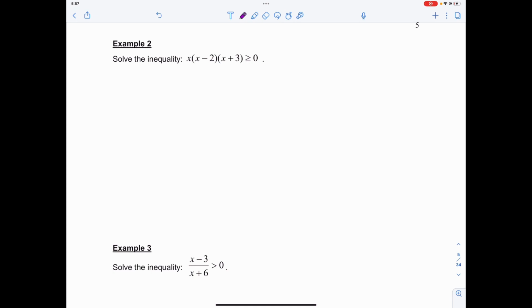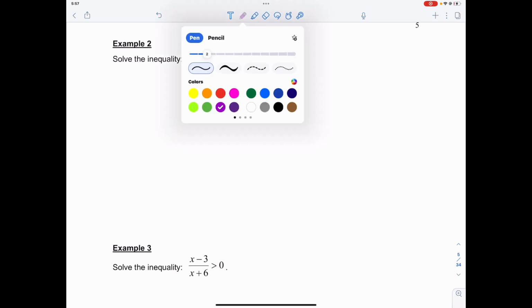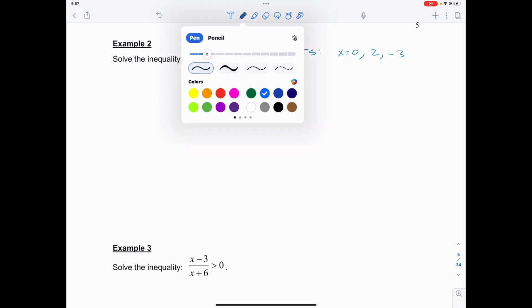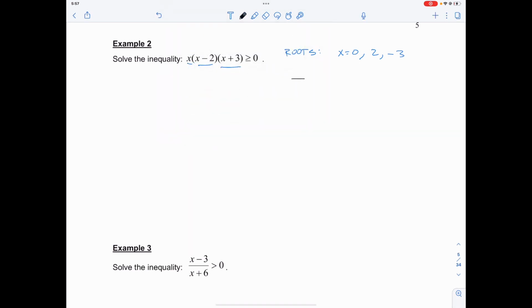So when it says solve the inequality (x minus 2)(x plus 3) is greater than or equal to 0, the first thing is I'm going to take each of those factors, x minus 2 and x plus 3, and solve for the roots, which are going to be x equals 0, x equals positive 2, and x equals negative 3. If I put that on a number line,